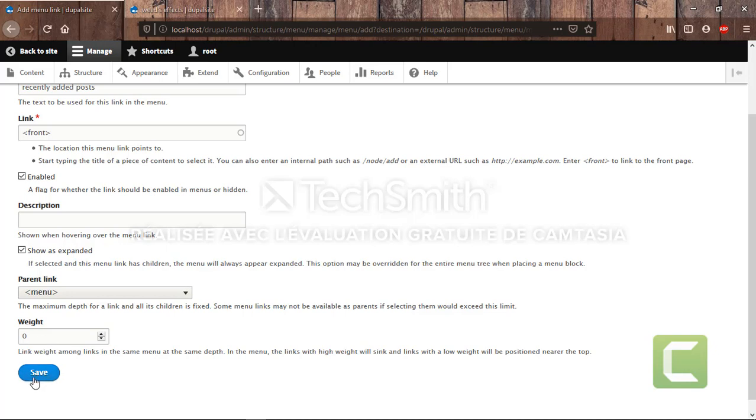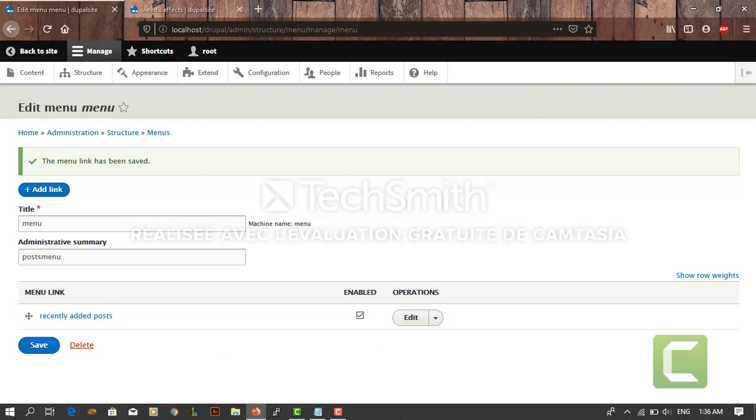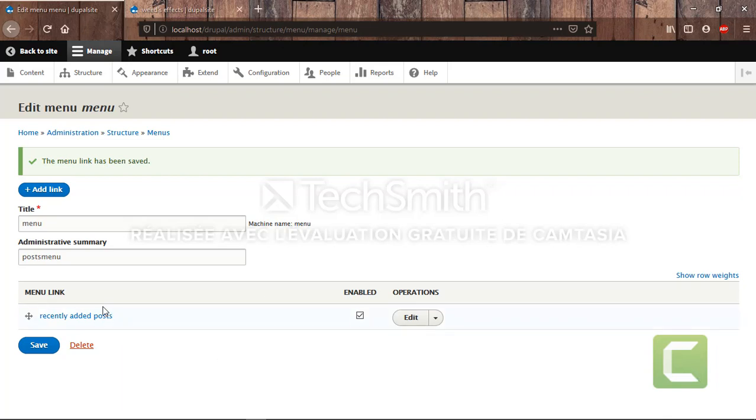Save, and after it is created, as you can see, the menu link has been saved. I'm gonna create a new link, which is gonna be the child link of recently added posts.